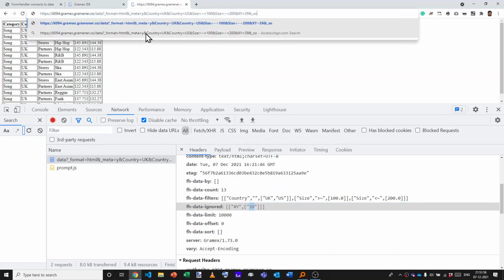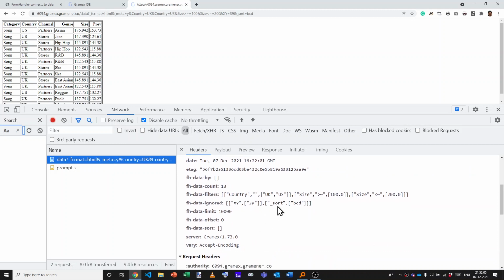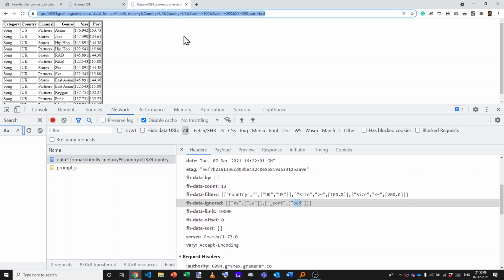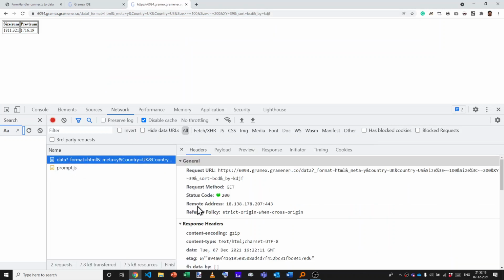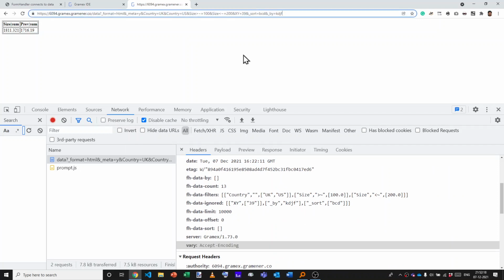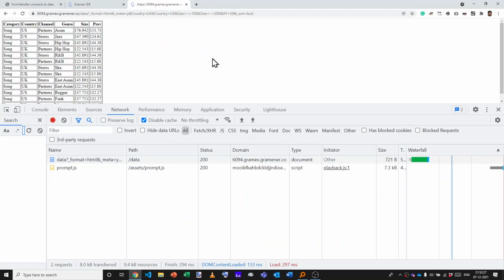If I said _sort, let's say sort by a column, BCD, that too will appear here as _sort as the filter, and the value is BCD. Same for group by. Actually, if I group by a missing key, then in this case, it just groups by all of the entries, so there is no ignored entry for _by.